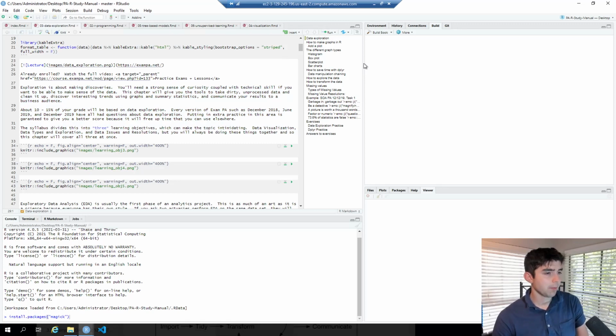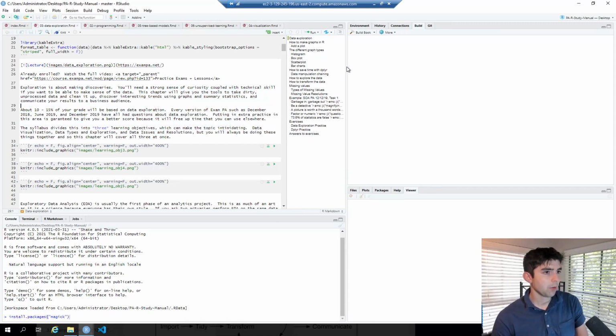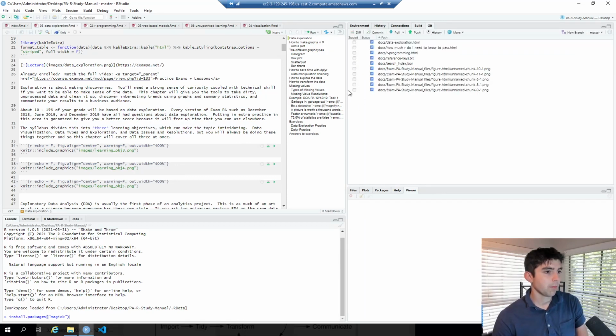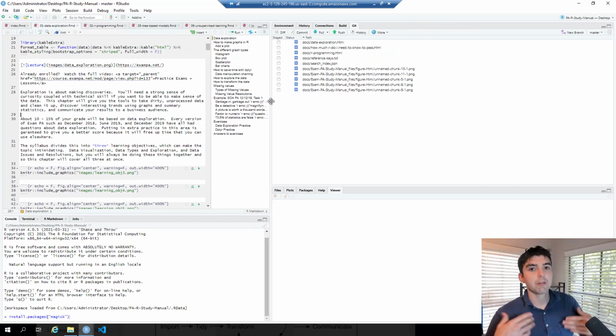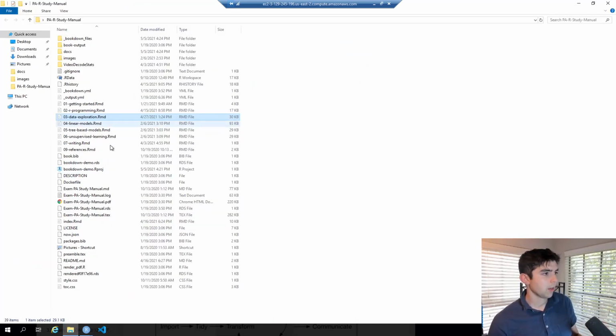Once you make changes on this server, there's another step where I have to come and publish the changes to the actual website. But the way that you can look at your changes is by